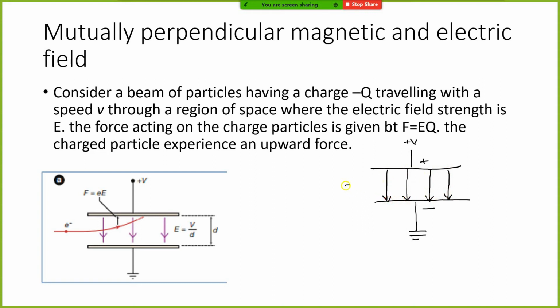Now, if I have a negative charge, which is an electron, we must remember that a positive and a negative attract, negative and negative repel, and positive and positive also repel. So if I were to fire an electron inside of this